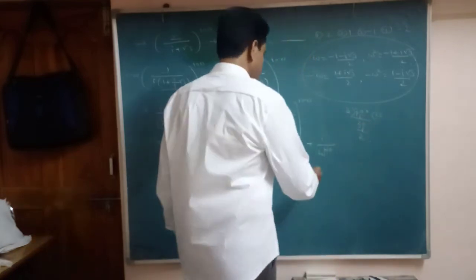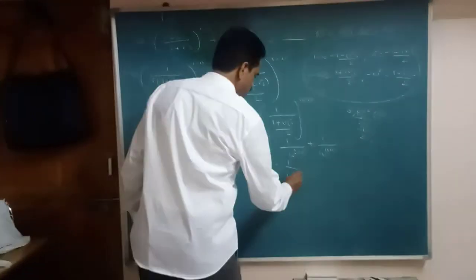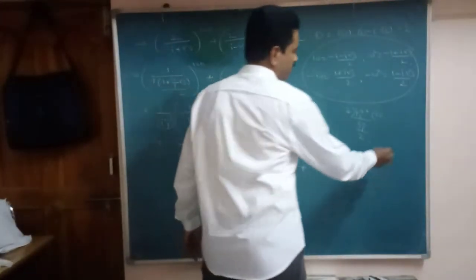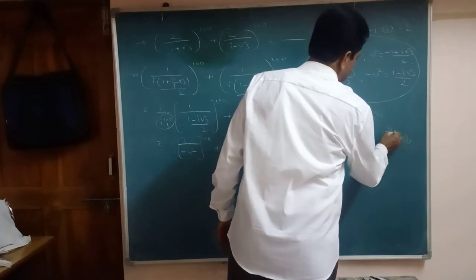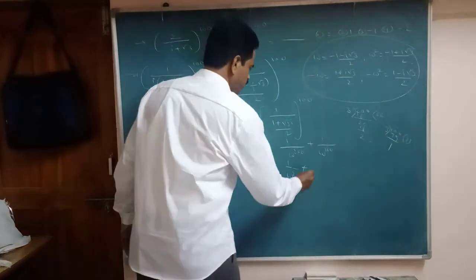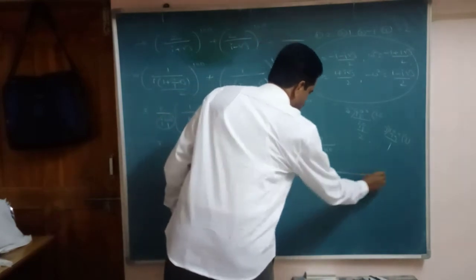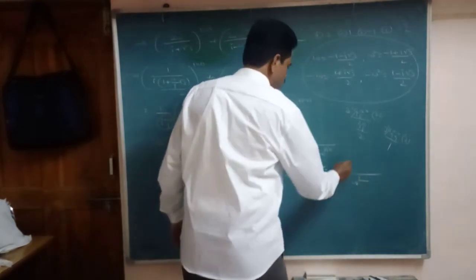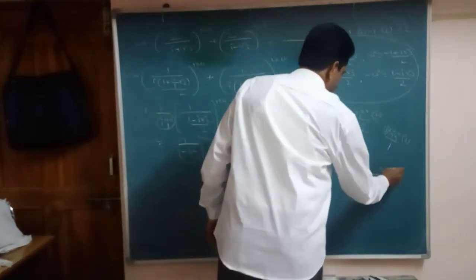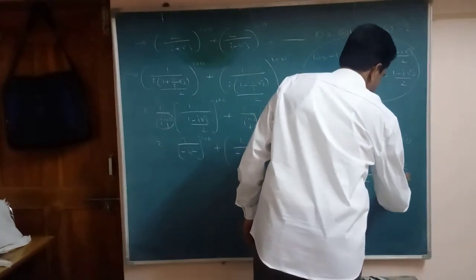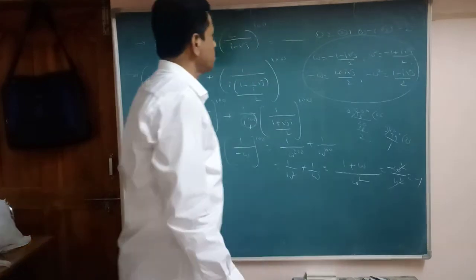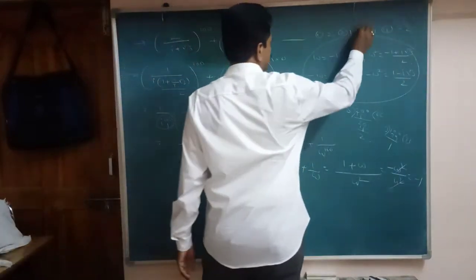Remainder is 2. This is equal to, we can write here 1 by omega square. Omega power 100, it is 3. This is 33, 99, it is how much here? 1. So 1 by omega. So what is the LCM here? Omega square is LCM. 1 plus omega. 1 plus omega is what here? Minus omega square. So omega square cancels. So its value is how much here? Minus 1. Third one.